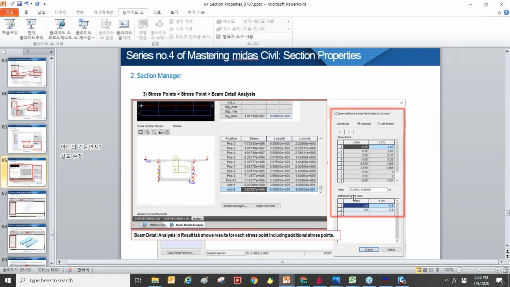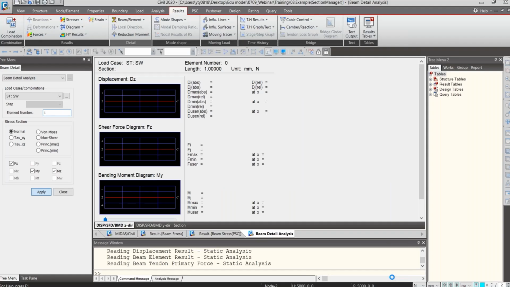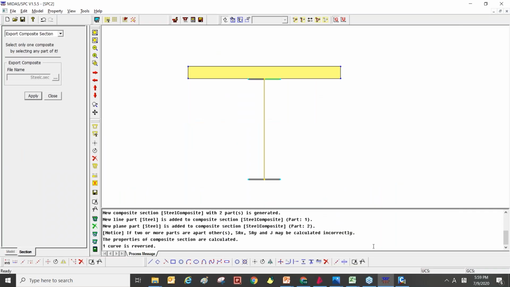And here you can add more points to check the results. So after adding the point here and clicking the apply button, you can see the additional results in the beam detail analysis results. Okay, it is working now.